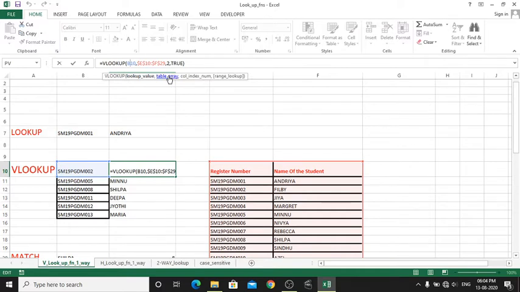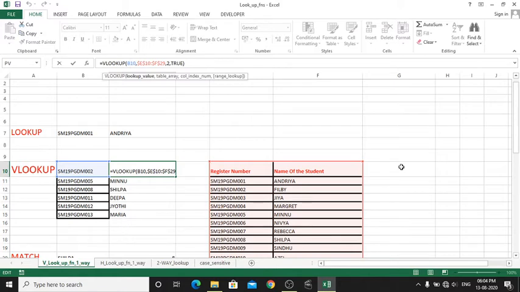Table array means the cell range where Excel has to search for a particular unknown value with this given known value. Column index number is 1, 2, 3 like that, where the first column of the given table will be 1 as its column index number, and the second column of that table will be 2 as the column index number.